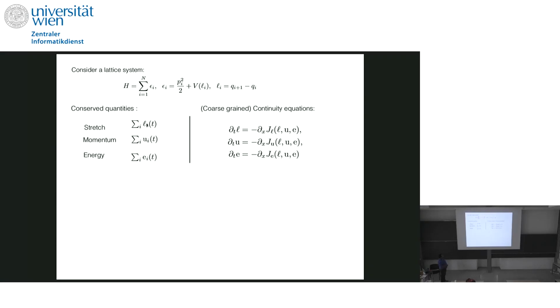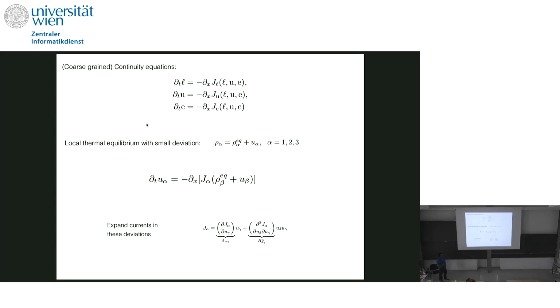And on a coarse grain level, these equations look like this, where you have ∂L/∂t equal to minus divergence of the current. Now, imagine you consider a situation in which you have a local thermal equilibrium picture that is evolving slowly. And in such a picture, you expect that these currents can be expressed in the dominant order by the fields itself. And that's how you get a hydrodynamic description.